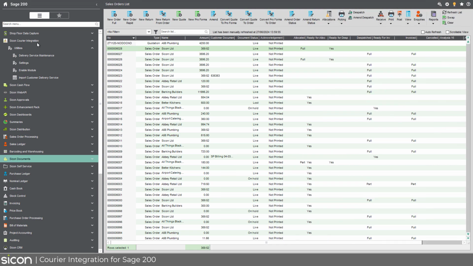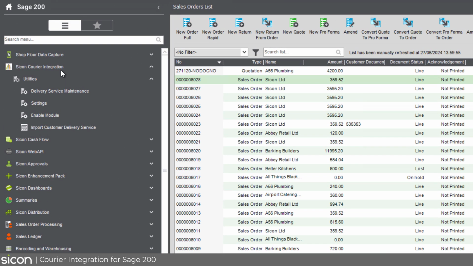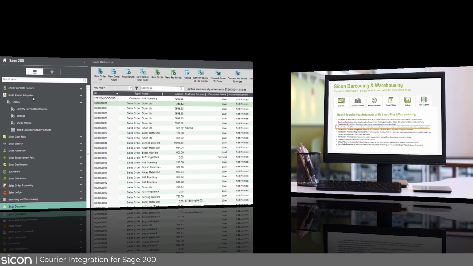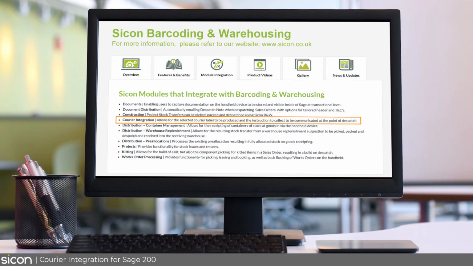Sicon Courier integration sits directly inside of Sage 200. It allows you the ability to connect to various couriers to eliminate the need for you to have to go directly onto their website to input the weight, dimensions, and information such as the number of packages. This can be used in conjunction with barcoding, which will obviously speed up the whole process of generating the courier